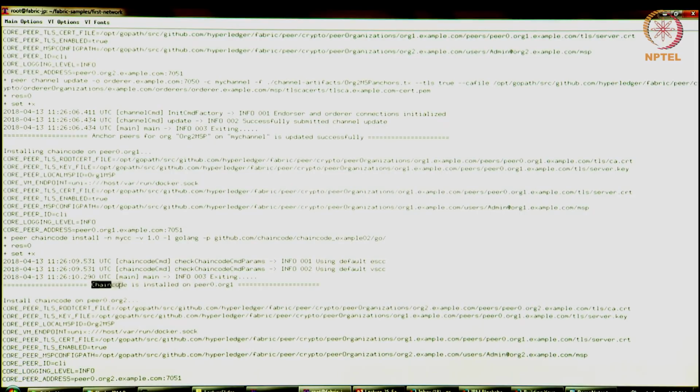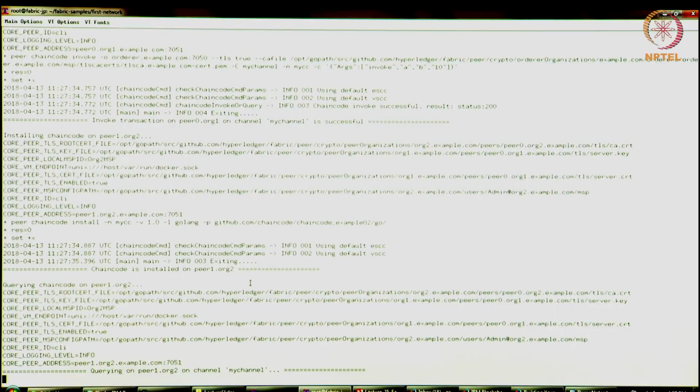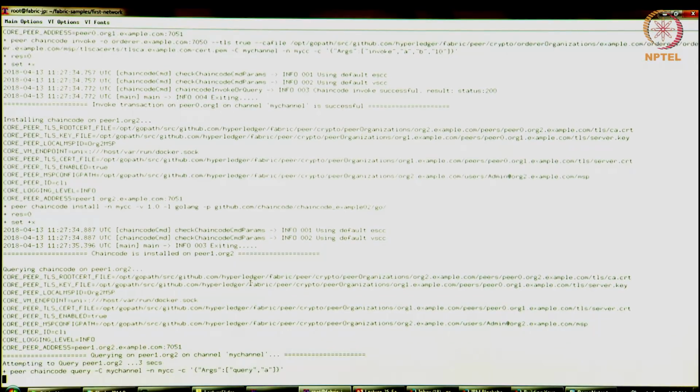Then we went ahead and installed a chain code. So this part I didn't tell you about. I kept you in the dark about what it's going to do. There is a chain code that we've picked up and installed. Next up, we'll look at what chain code we used. So there's a chain code we set up on this channel. We installed that chain code on peer1.org2, and it's instantiated on the channel, my channel. Right?